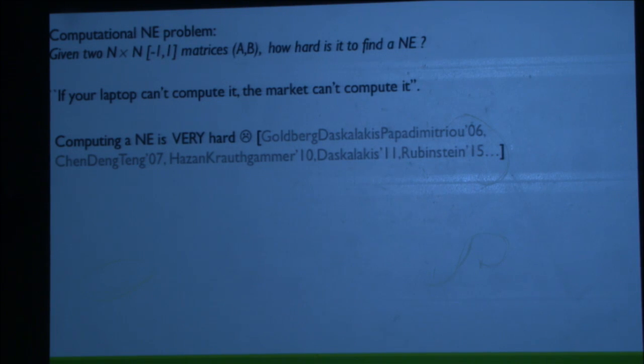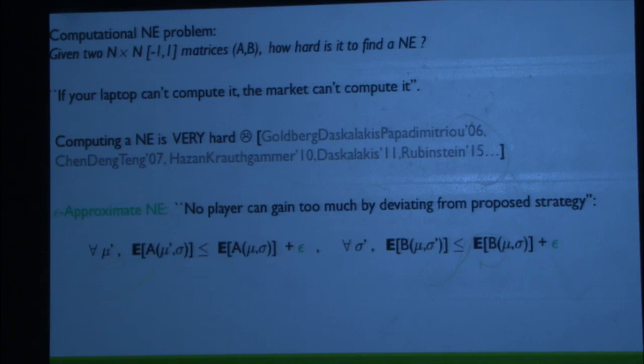Okay, so whether you believe it or not, trust me that the evidence so far indicates that this problem is hard to compute, and this naturally led to the notion of a relaxed notion of epsilon approximate Nash equilibrium, in which, intuitively speaking,